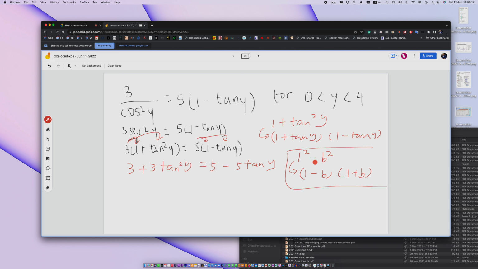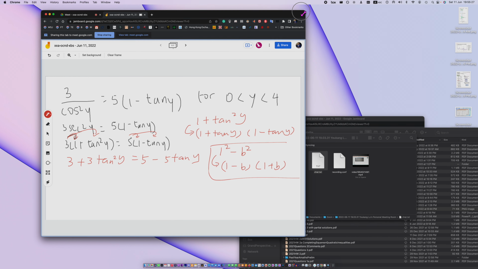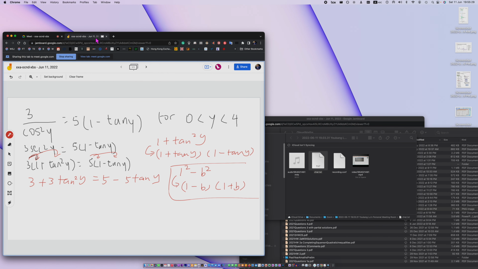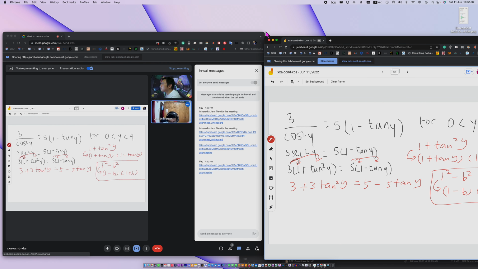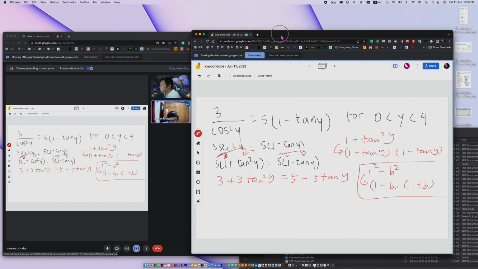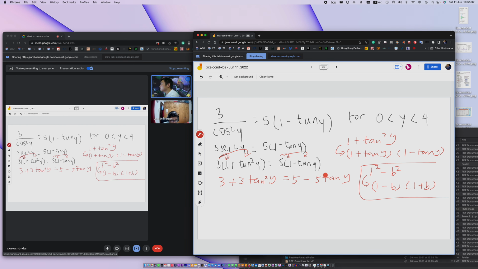But if you use this formula, hold on, then you should be using the 1 square minus b square, right? Yeah. Over here it is 1 plus. Can you see it's 1 plus? Yeah. So if it's 1 plus, then it's wrong. Fundamentally, this is wrong, there is no such thing. But never mind. So what you need to do next is, I hope you can see that you can